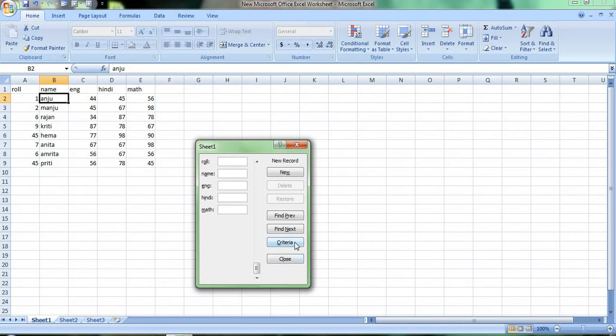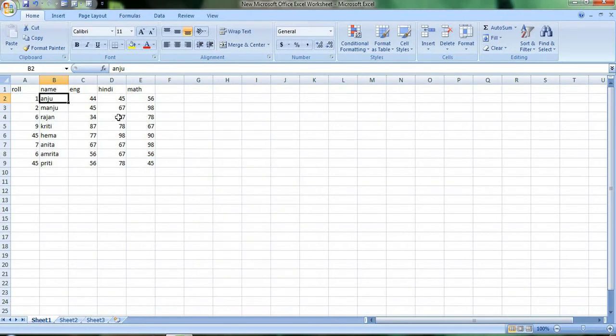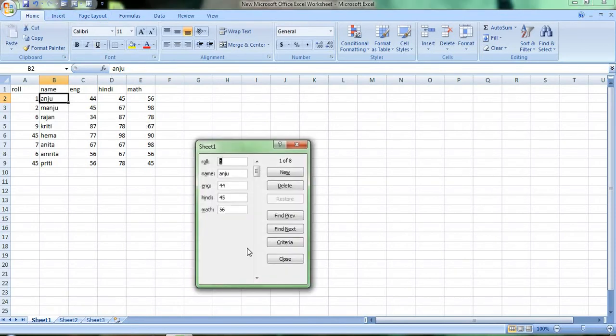It is already given here. See, once again I'll search. I'll go to form, go to criteria. I'll write here a roll number, let's suppose 6.